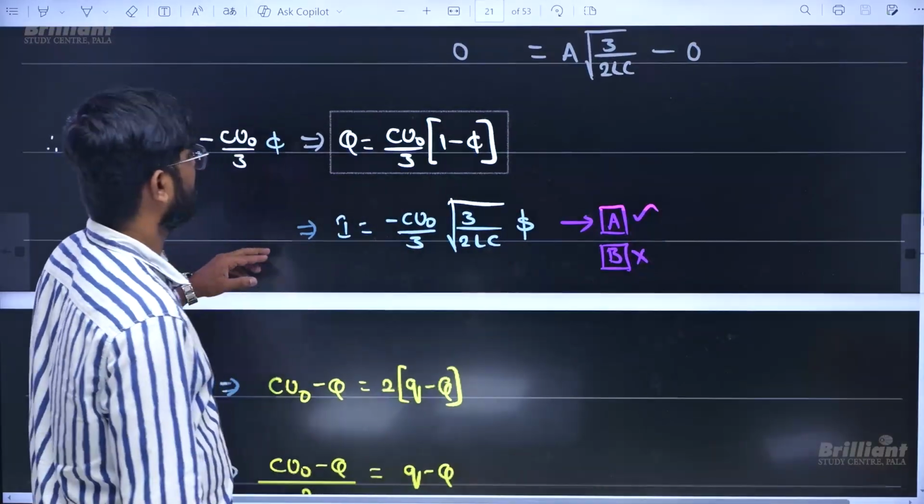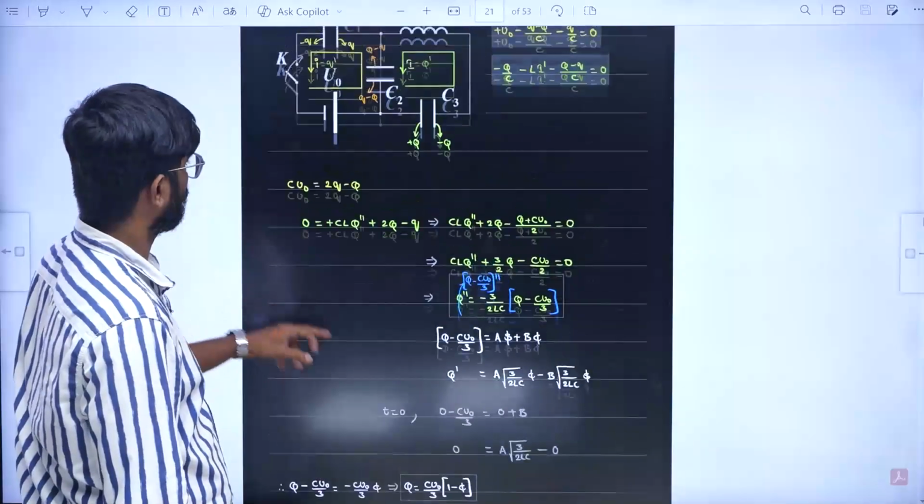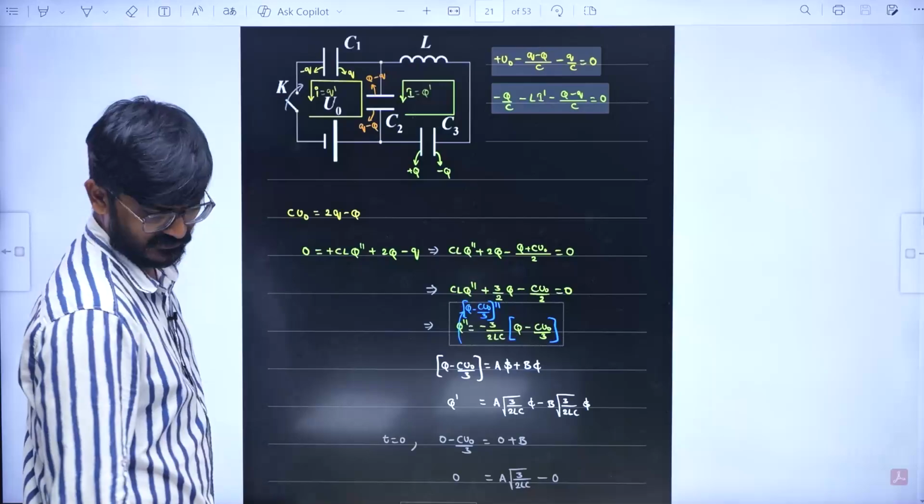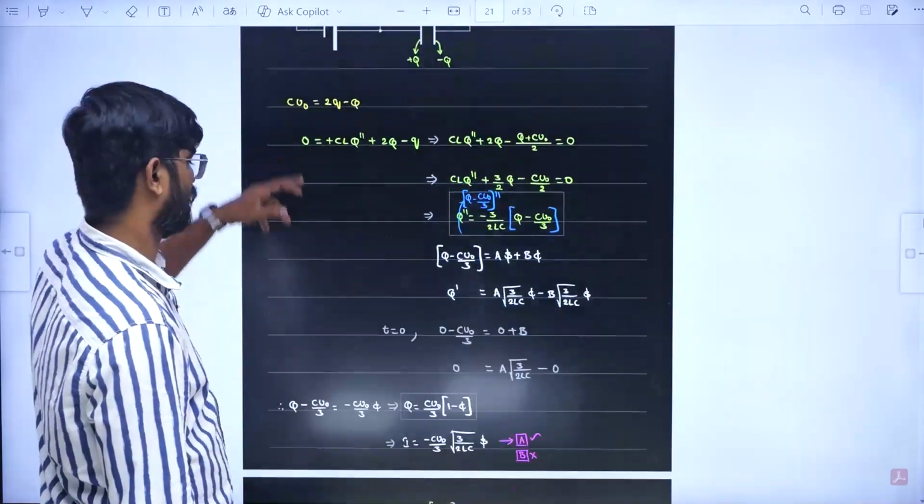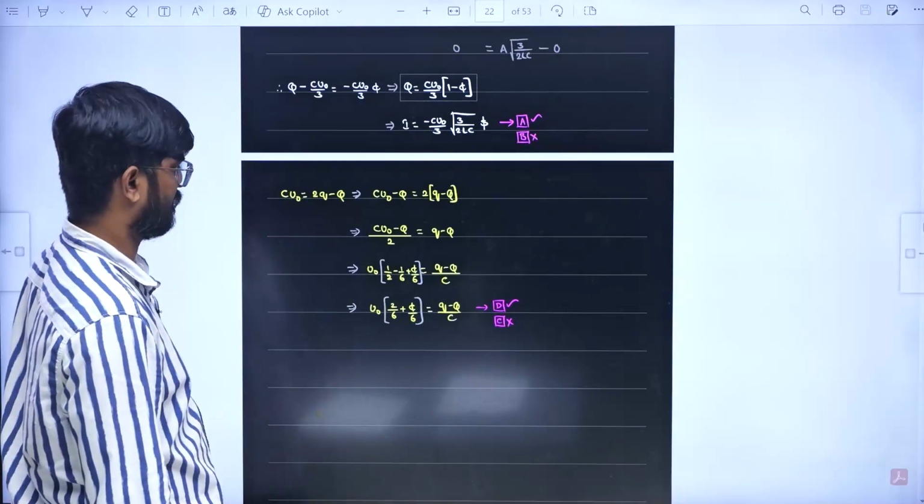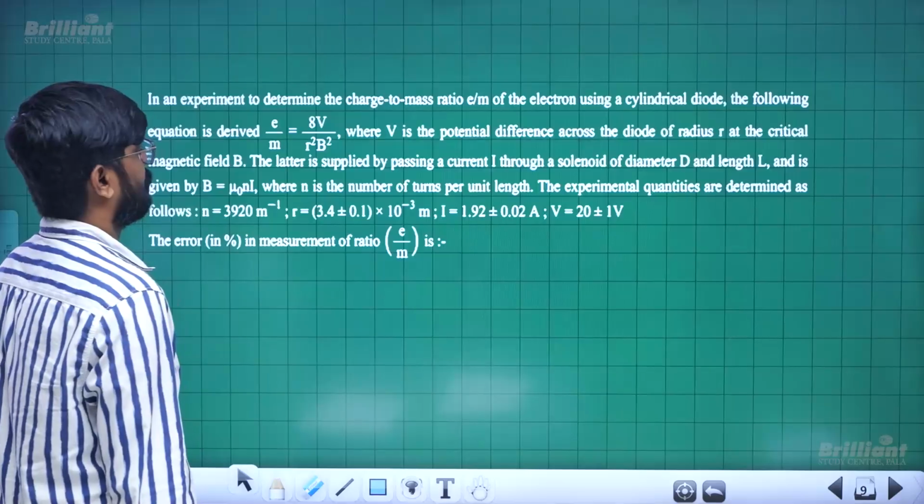Now, similarly, once you find capital Q, you can substitute it back to get small q. Then they were asking what is capital Q minus small q or small q minus capital Q, that you can do by yourself. In an experiment to determine the charge to mass ratio,